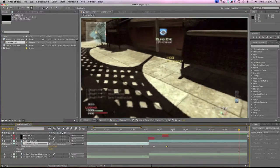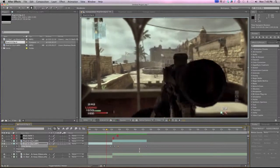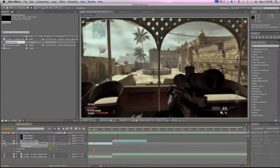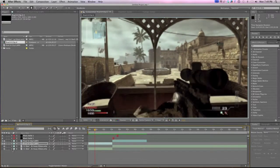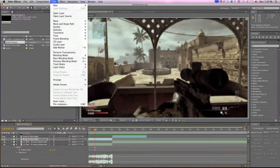There we go. And that's pretty much just some basic clips. You can also, at the build-up, you can add some little flashes, like white flashes on the screen at each note. So if you look in the waveform, you can see there's a note here, and then a note here, a note here, a note here. You can see each of the little spikes, and you can add a sun up here, like with the optical flares. If you just go into